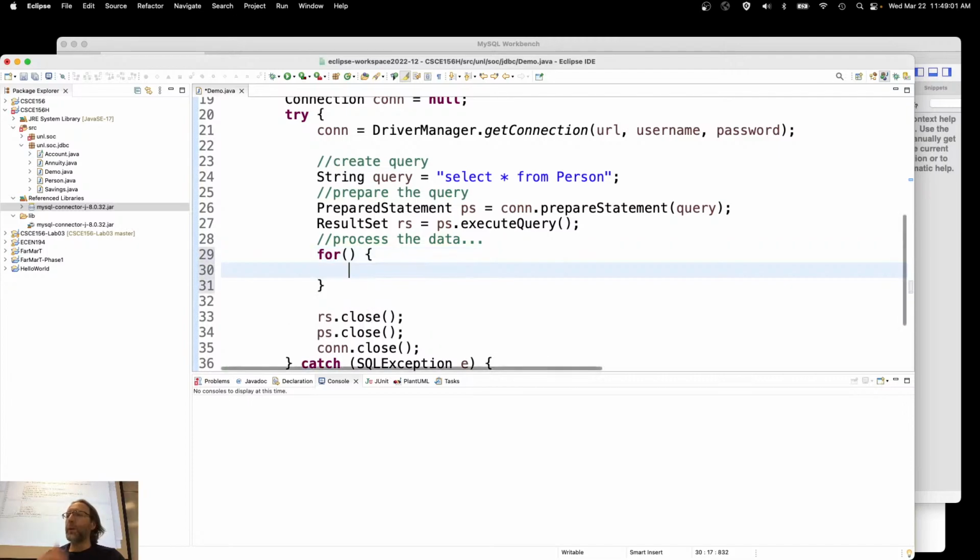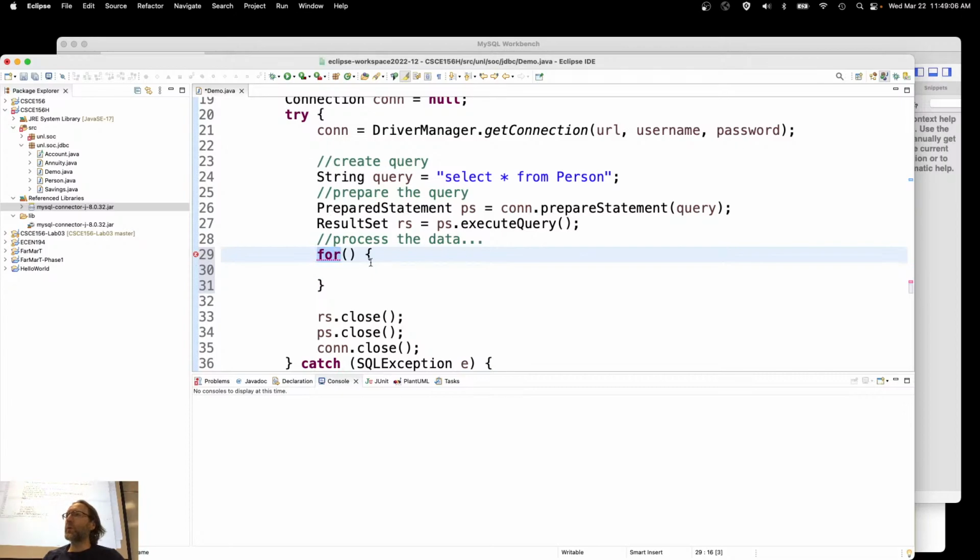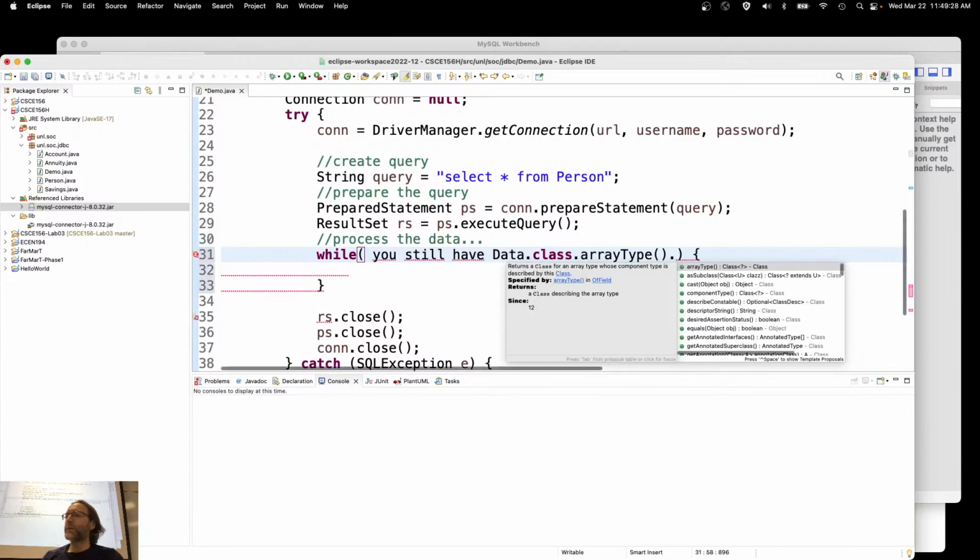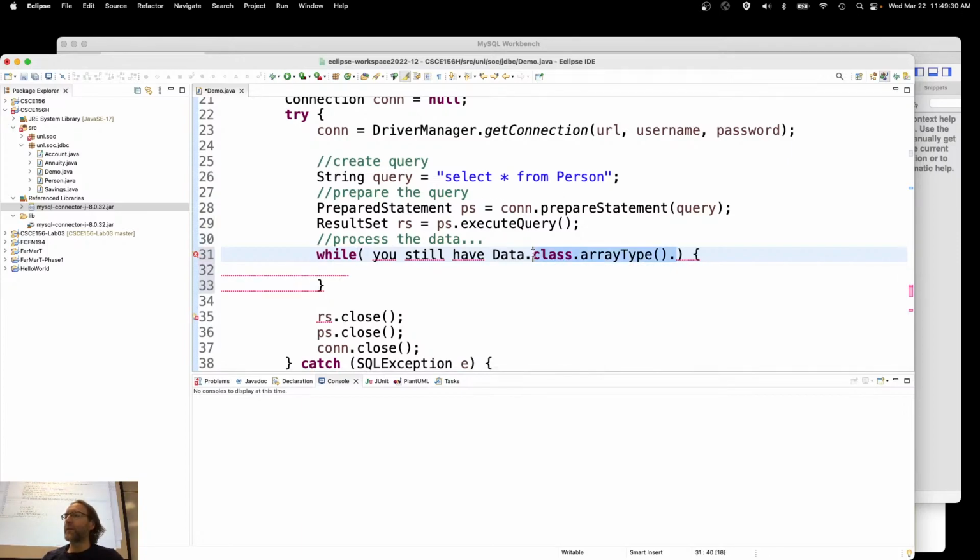Should it be a for loop? Do you know how usually we use for loops when we know up front exactly how many elements are going to be in that collection? But do we know how many elements are going to be in this collection? I saw it on the other screen, 5. But do we know that every single time? Nope. So I'm going to go ahead and go with a while loop. All right? While you still have data,